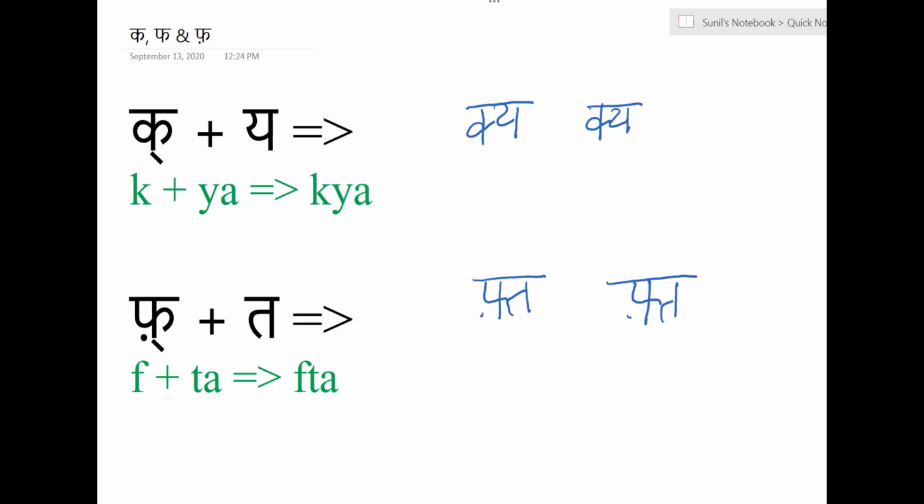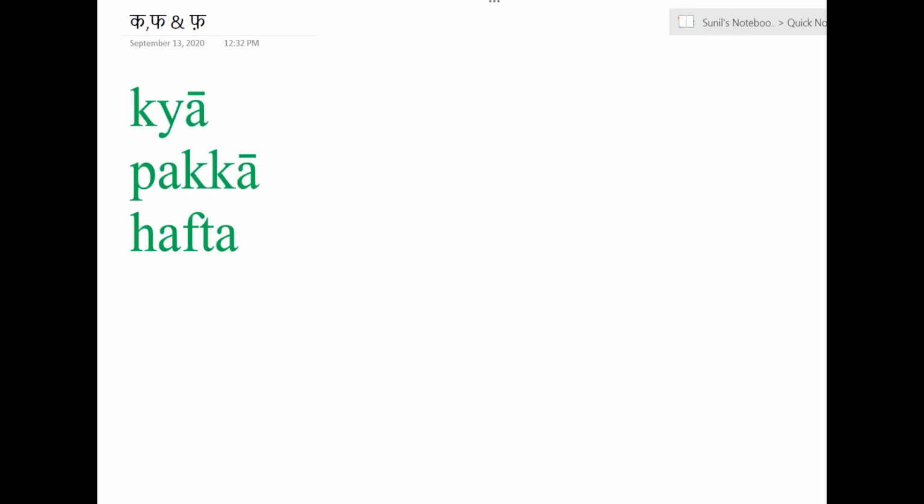Let's take some words with half ka, half pa and half fa. So let's write these three words: kya, pakka and hafta. Kya means what? You will come across this word a lot. So you write ka, then you cut the tail into half and join it with ya. And ya has a ki matra, so kya. So that's how you write